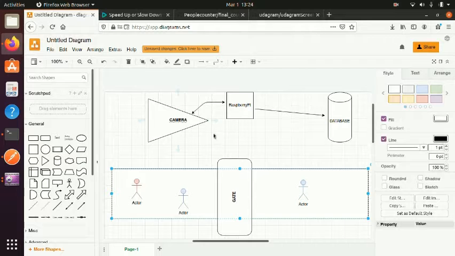Now, the idea is that the camera will capture all of this and send the video frame into the Raspberry Pi. Our code will be there in the Raspberry Pi, and it will be executed as the camera is running. That means it will be doing live processing of the data. Now the Raspberry Pi will compute whether the person has moved into the gate or outside the gate, and it will update the data into the database.